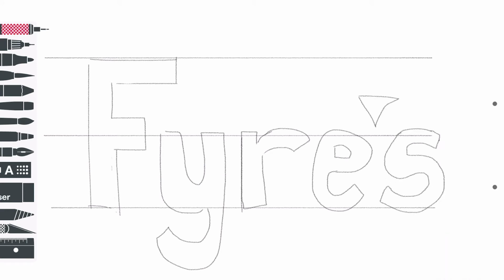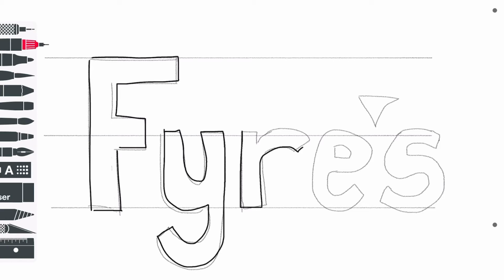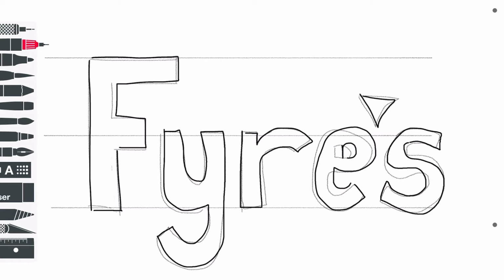Now, you'll have seen that I'm just making a new layer here, and what I'm going to do is, now that I'm happy with my lettering, I'm going to go and use my pen to just go over the top of it now in black, because this is now going to be thick. Okay,